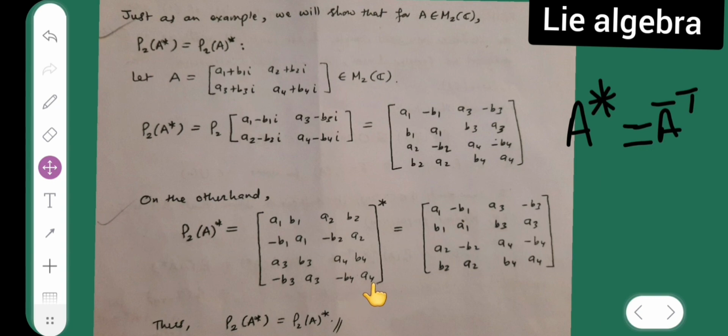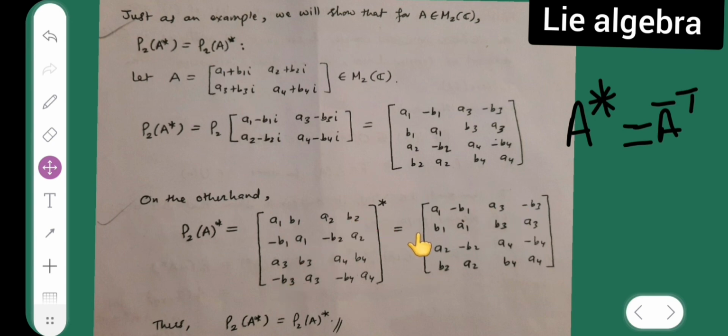Basically this entire matrix is star, meaning something star is equal to A bar transpose, right? So this and this will be as it is. The minus sign will change, definitely, but the columns will be interchanged: this will come here and this will come here.